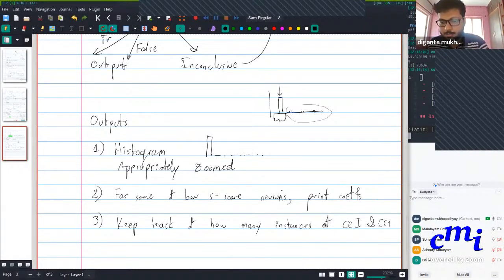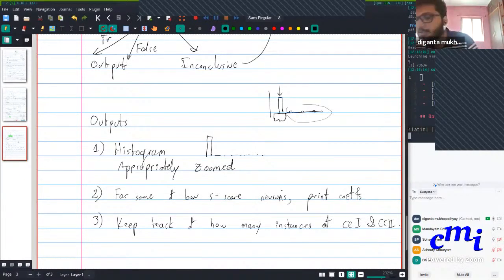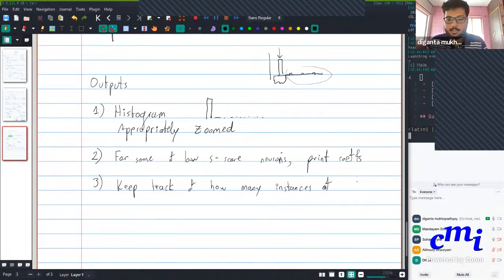So just for the initial experiments, you don't need to actually write any code to handle CC1 and 2, because when we say handle, we mean do something about the merge or not do something about the merge, right? But for the first experiment, you don't need to have the merging code in place in any capacity. But at least keep track of how many neurons are there where you're seeing everything is greater than TC, or everything is less than TC, right? Or at least what you can do is you can keep track of how many instances of, let's say CC1 and CC2, how many instances of this situation we are seeing where